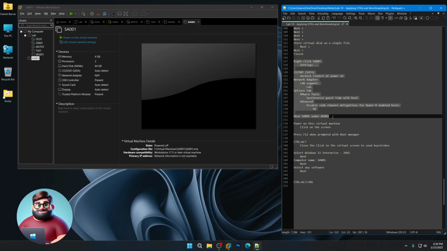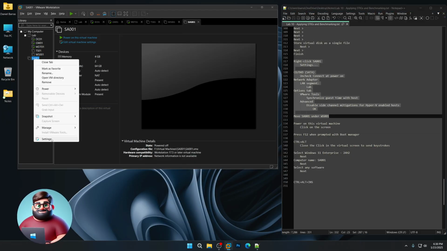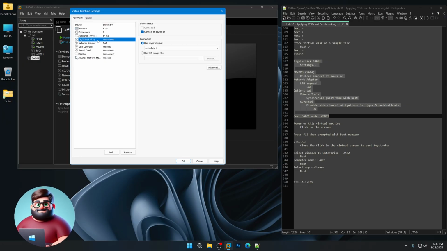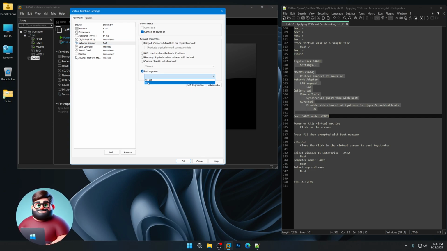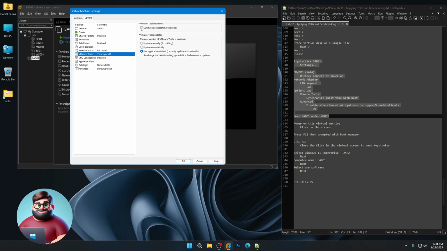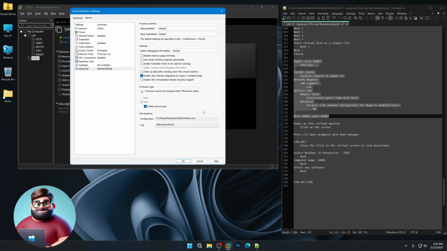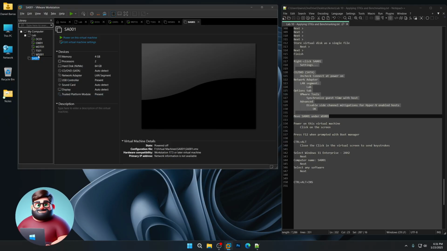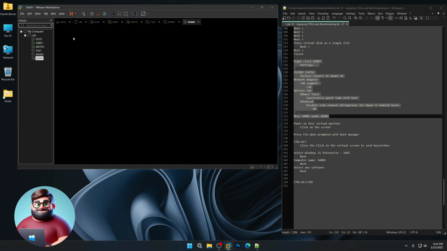Right down here, we're going to right click, settings, CD DVD. We're going to uncheck connected power on. Network adapter, we're going to go to LAN segment and choose the LAN segment that your machines are on. I'm going to say lab. Okay. Under our options tab, I'm going to go to VMware tools. I'm going to sync the time with the host. Under advanced, disable side channel mitigations. Okay. Then I'm going to move this underneath WS001. I'm going to power on our virtual machine,